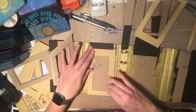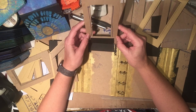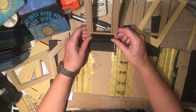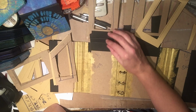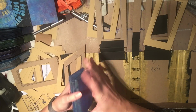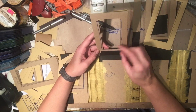Okay. So how do we do this? How are we going to do this, guys? Because I have to cover the paint. I have to cover the tape. So I can't cover the tape unless... I can't put the inside stuff in unless...